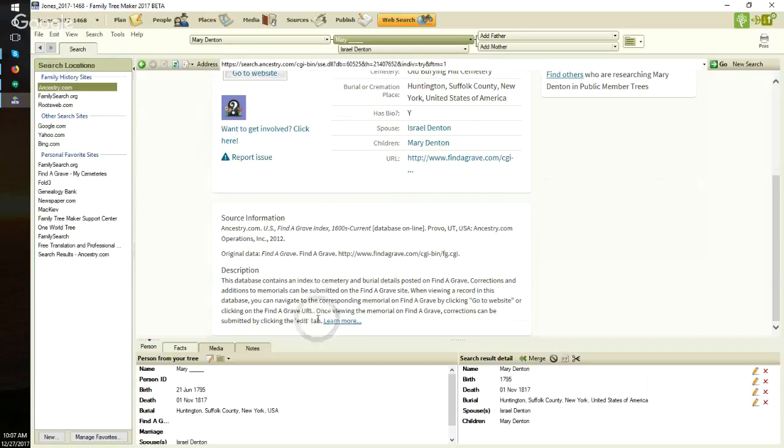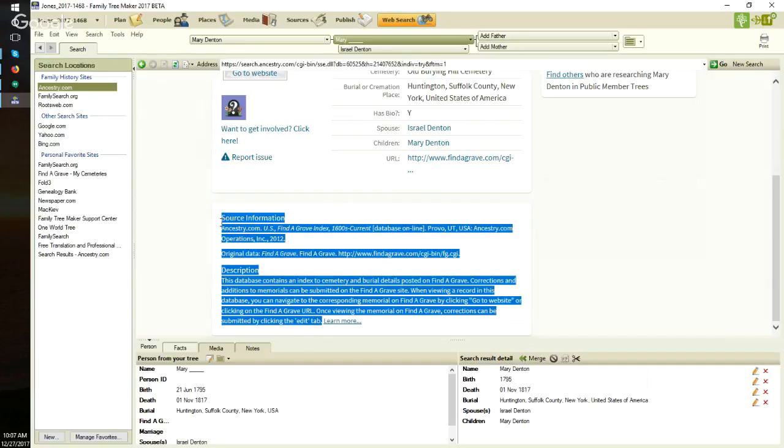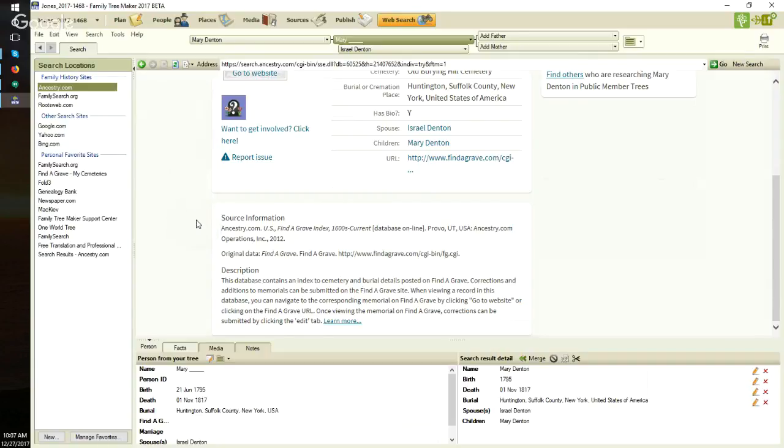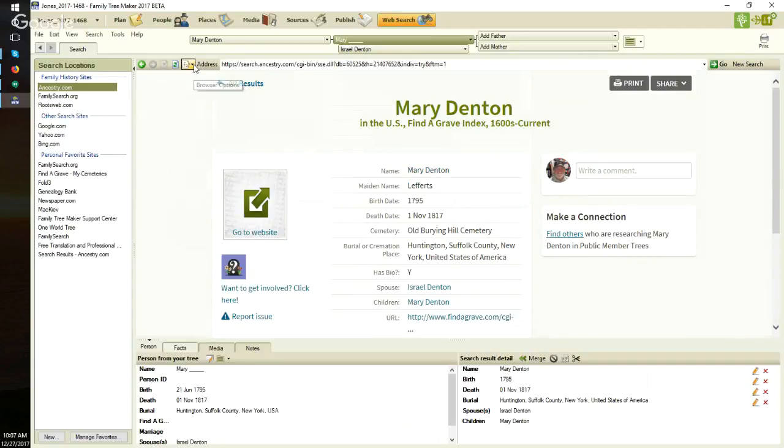One of the things that I do is I highlight and copy that information because I'm going to bring that into Family Tree Maker, and I'll show you where I do that. I'm going to capture that, and I do this for all records. It gives me a quick glance of the information that's about that record